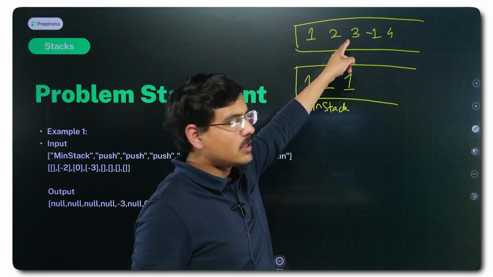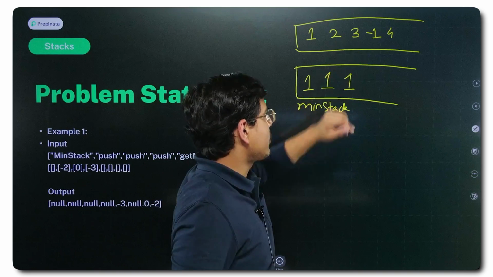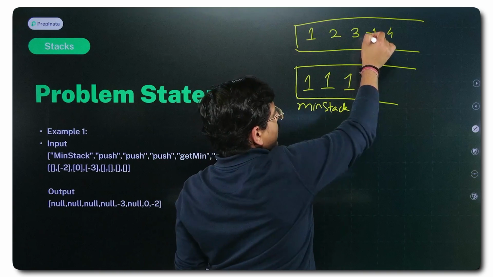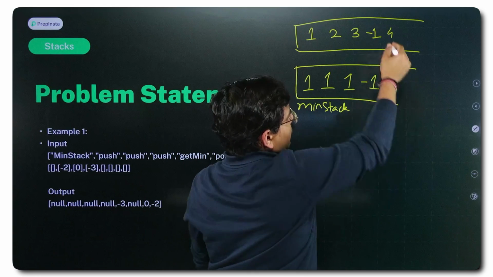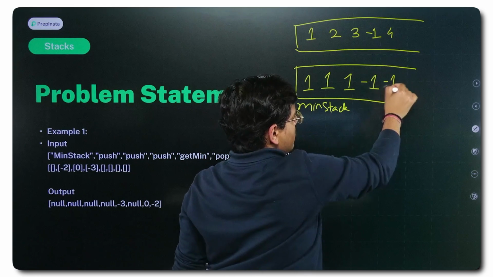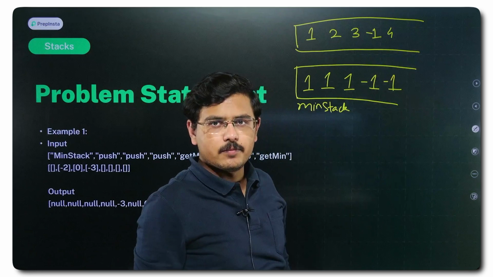I am checking, for example, if I pop, I'll explain you, just wait for a while. Let me further add on things. Now when I push -1, what is the minimum element? -1. So for this, -1. When I push 4, what is the minimum element? -1. Now when I pop one element out of them, fine, say I,